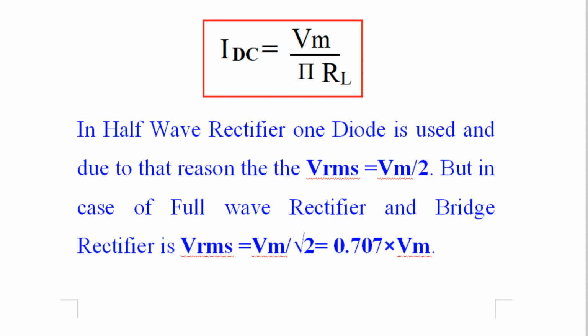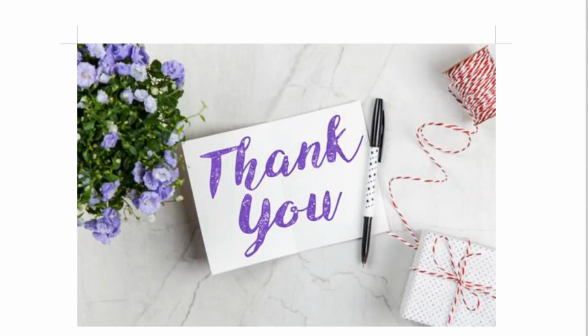And with this, today we conclude that we have studied the half wave rectifier in a very systematic manner, as well as the block diagram of the rectifier circuit. We have also studied the half wave rectifier with a capacitor as a filter and without a capacitor, meaning only with resistor R. When you connect the capacitor, what will happen? The ripple will reduce. The height of the ripple, which is also called the magnitude of the ripple, will be reduced. And when you don't connect the capacitor, the ripple is maximum, and that ripple is equal to Vm.